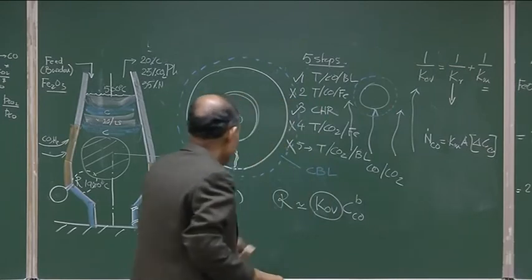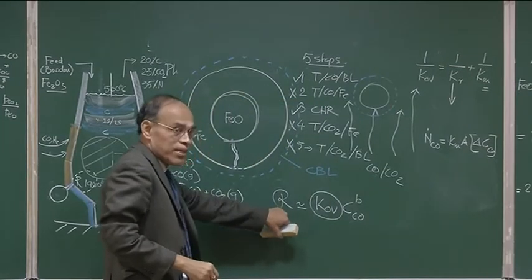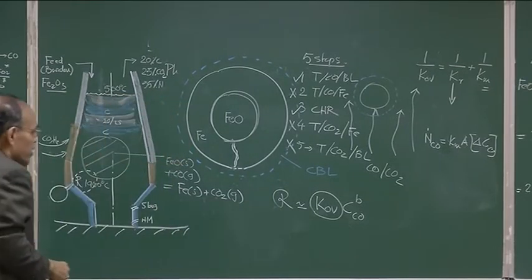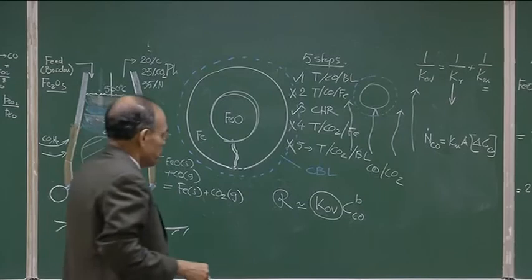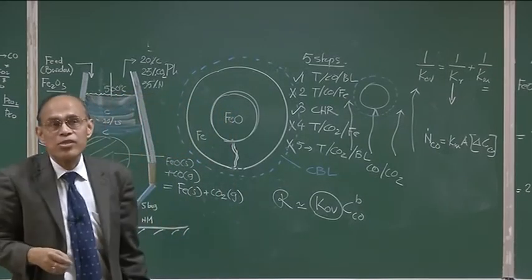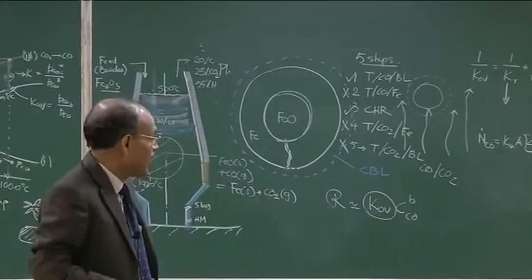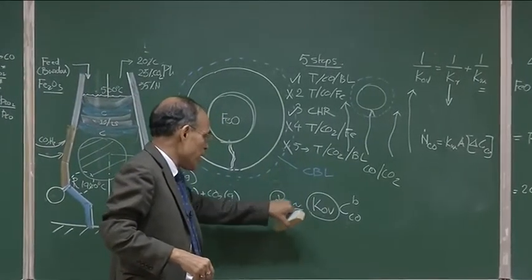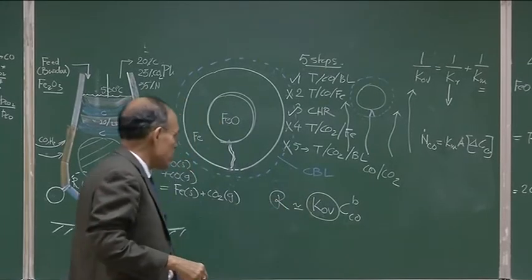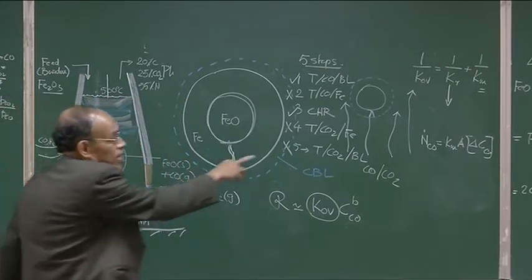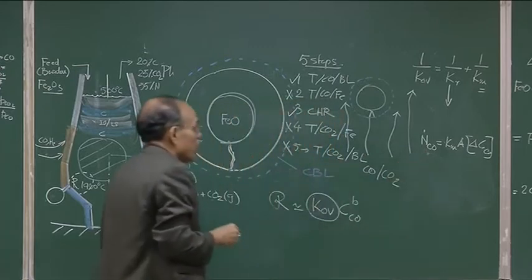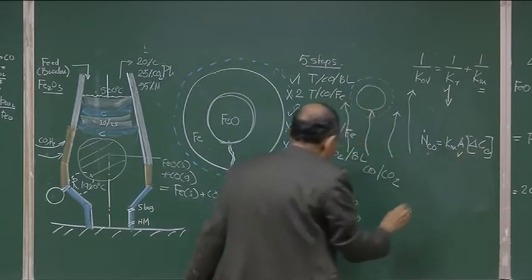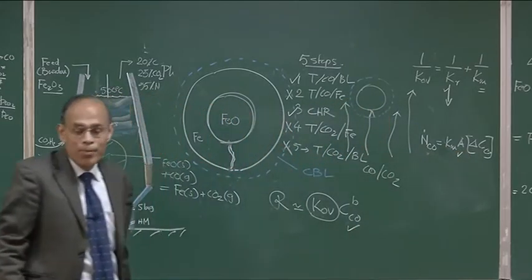So, this rate of reaction that we may have calculated is per unit area, you must remember, per unit area of the reacting surfaces, kg moles per meter square per second, that is the unit. But when you multiply the rate of reaction with the surface area, then we will get kg moles per second. So, the temperature is an important parameter, surface area is an important parameter, bulk concentration is an important parameter, and